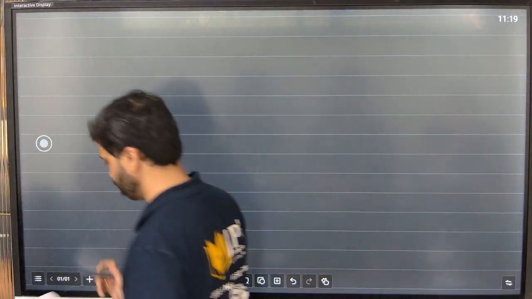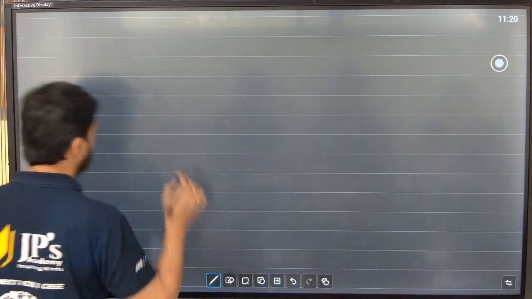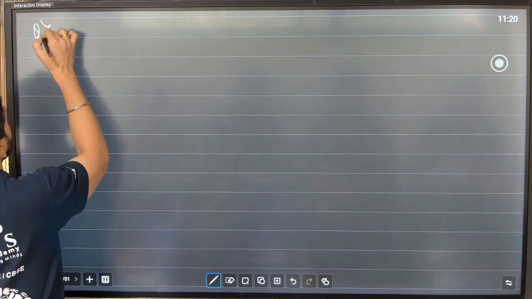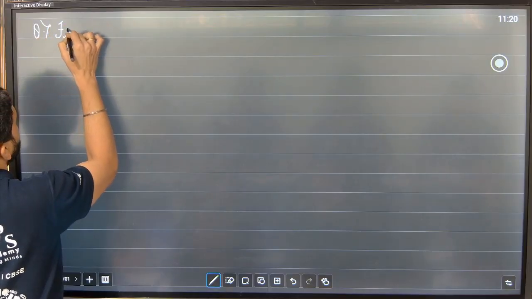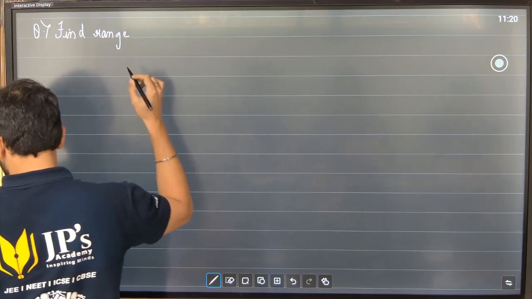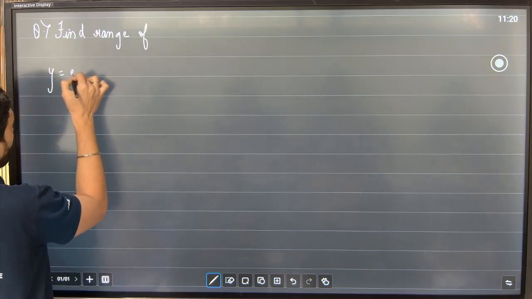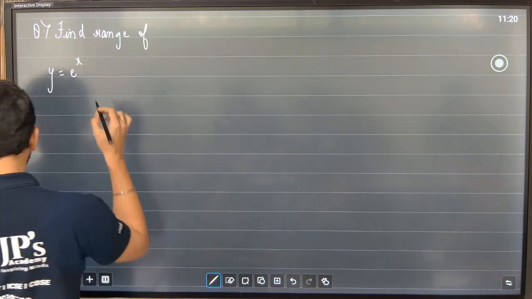Now, we'll start with a good question where we find the range. Find the range of y is equal to e raised to x